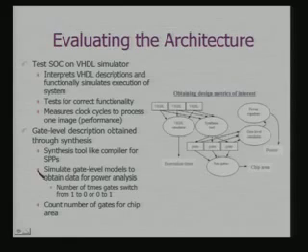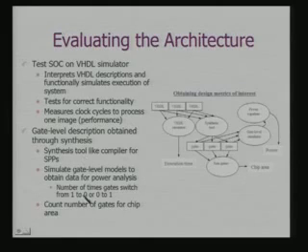Next we can go to the gate level design. When you go to the gate level design, we are going through a process of synthesis. When we are at a register level design, we can get the clock cycles, but further down we can get the gates through a process of synthesis. Once we have the gates, what can we do? We can simulate gate level models to obtain data for power analysis. There are various power estimation techniques, and we can try to use some of them to get an estimate of the power.